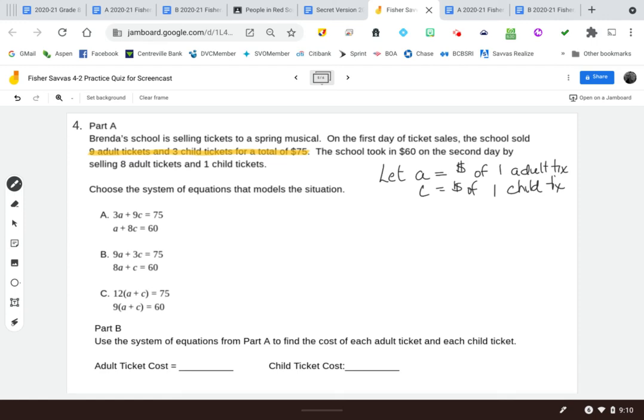So if I have 9 adult tickets and 3 child tickets for $75, I can come up with the equation that 9 times the cost of an adult ticket, plus 3 times the cost of a child ticket should give me $75. If I look at my possible answers, I only see one. Looks like B. All right, but let's check it out with the second